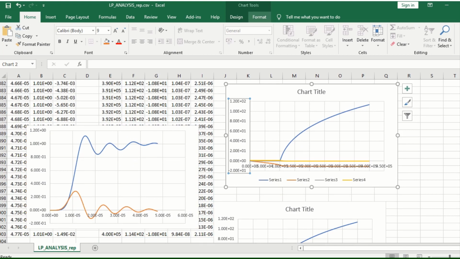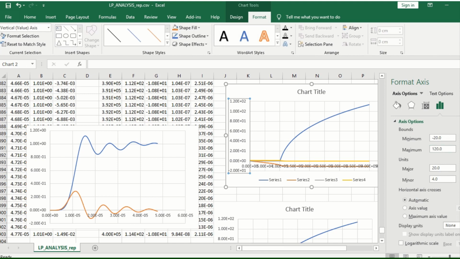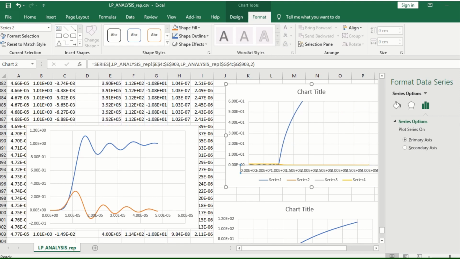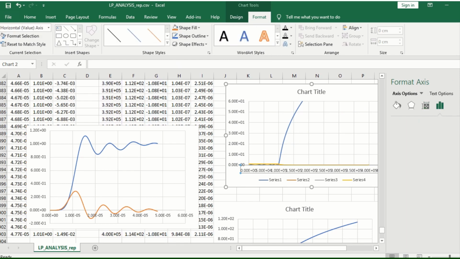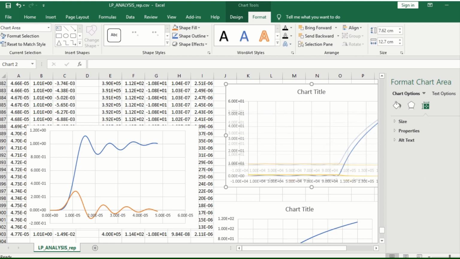We will accommodate a little bit the scale from 0 decibel to 60 decibels only, and from 0 frequency to 150 kilohertz, and that is the